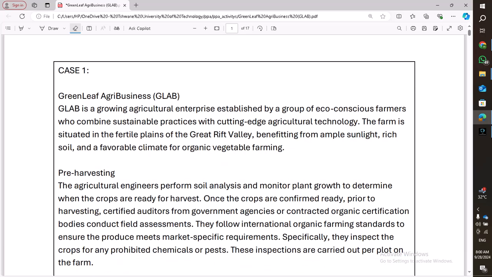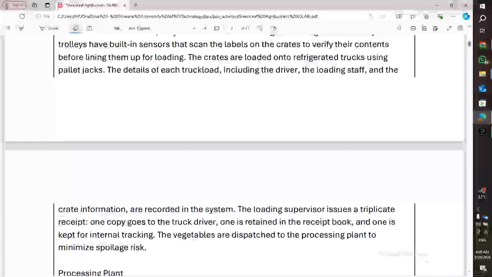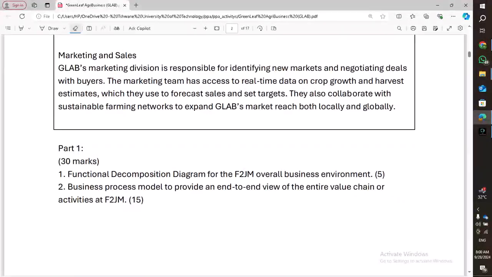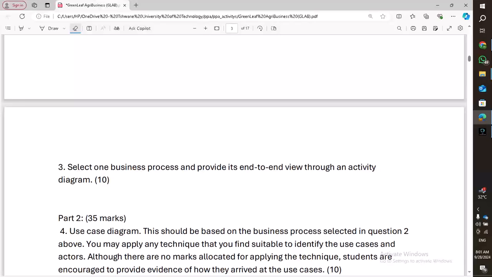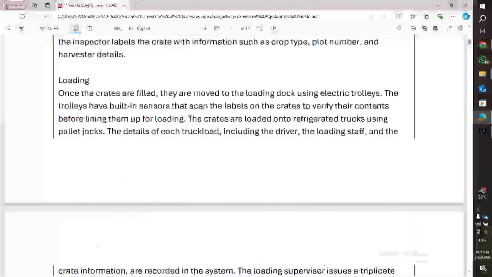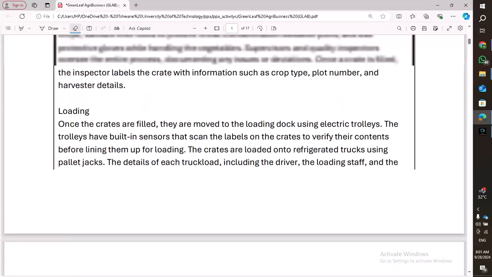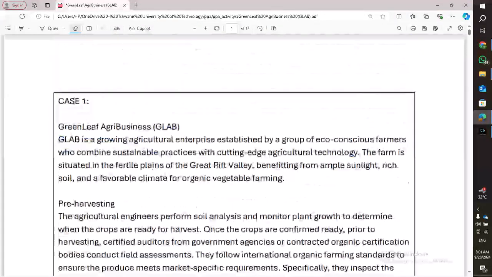So here I am, willing to learn new things with you. The first is the FDD diagram, and also the business process model, which is the activity diagram, and other diagrams that we need to know and understand in software engineering. So first, before you do anything today, the first diagram you have to understand